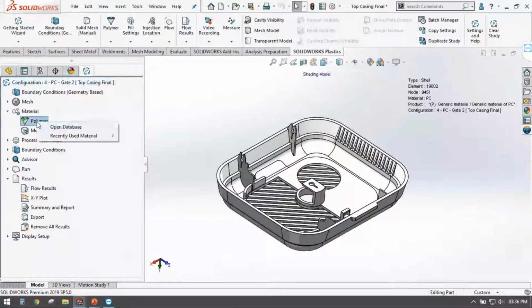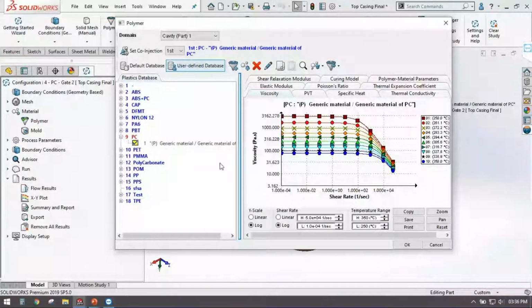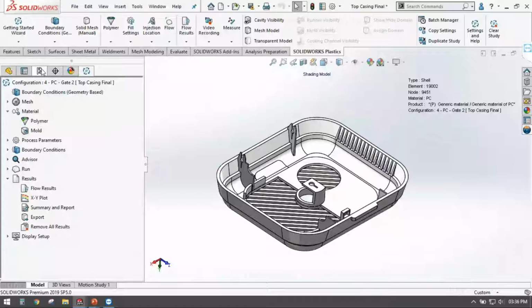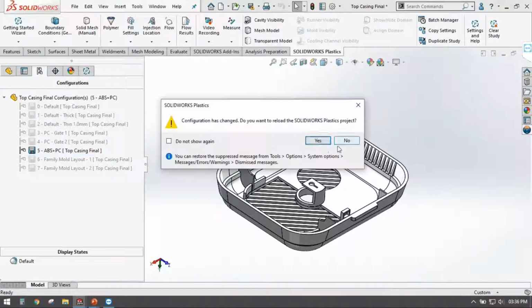Now, if you look closely, the material that I had chosen previously in my study was a generic material of PC. Now what if I change the material? Would there be any effect? So now I have just cloned the study and I will change the material from PC to ABS plus PC material.